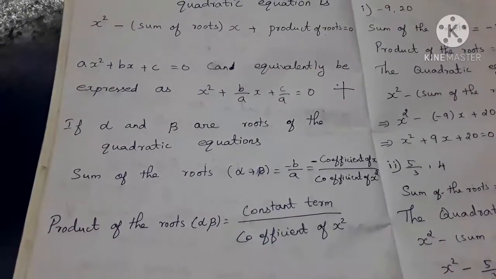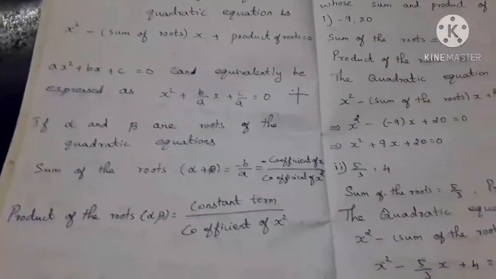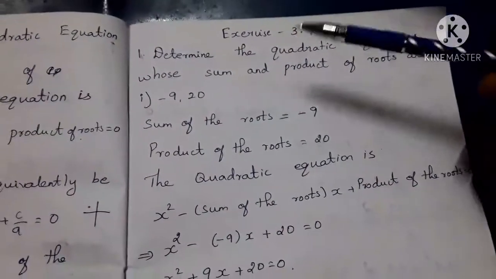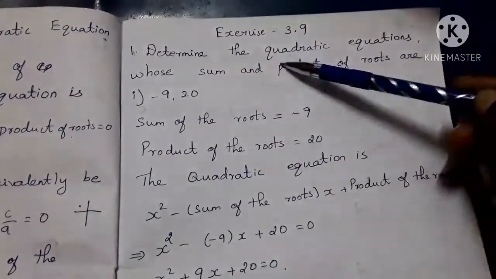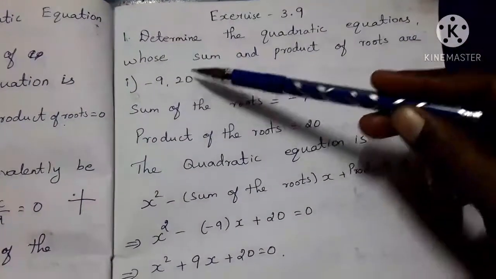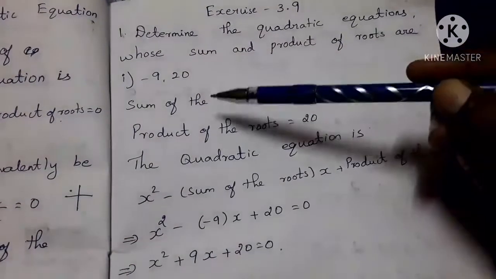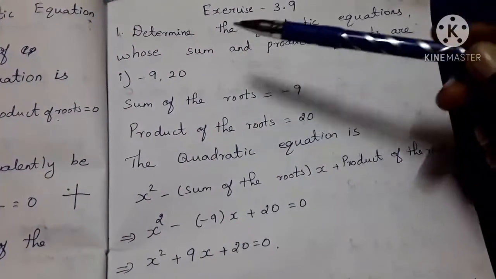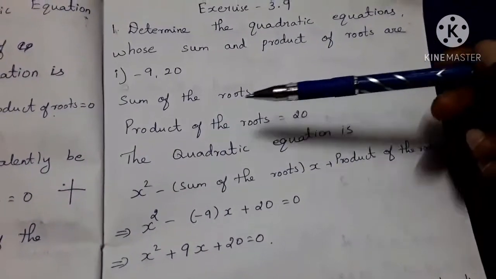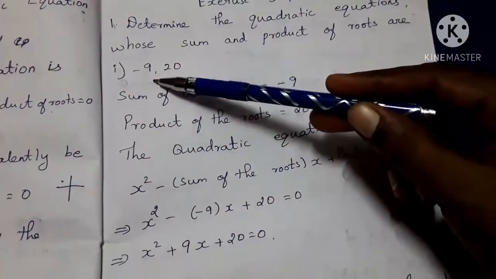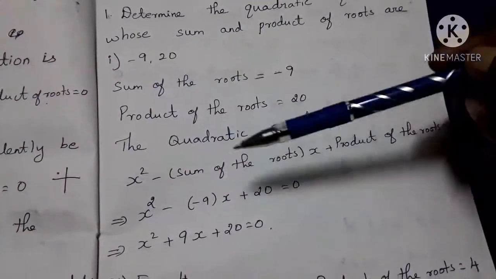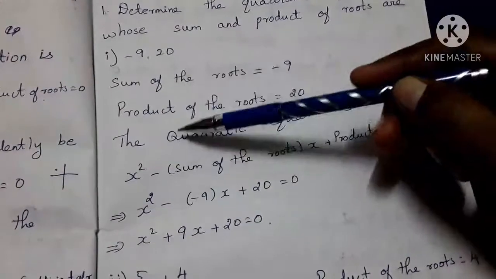Now we will go and see the exercise. Exercise 3.9. What is the first question? Determine the quadratic equation whose sum and product of roots are given. So they have given the sum of the roots and the product of the roots, and we have to form the quadratic equation. The sum of the roots is minus 9. You have to write step by step like this. The product of the roots is